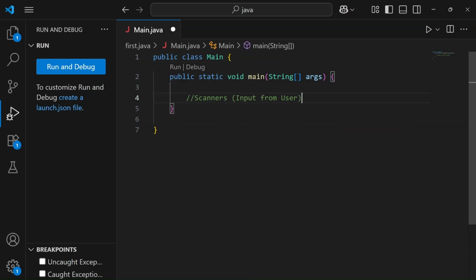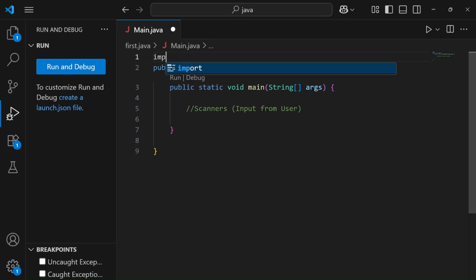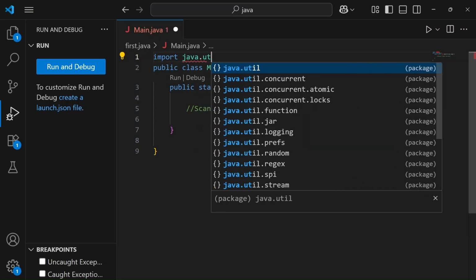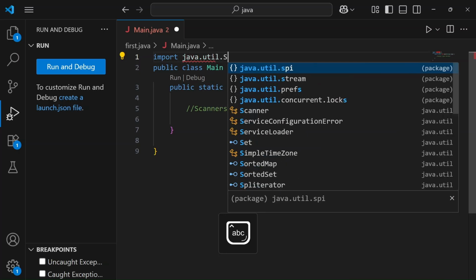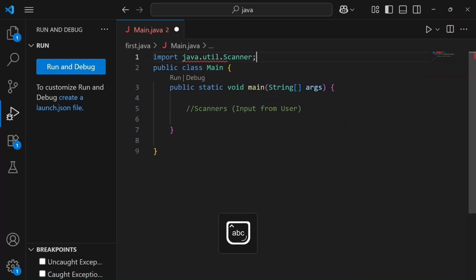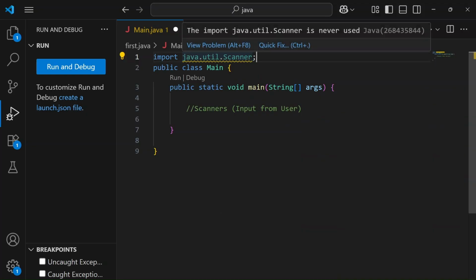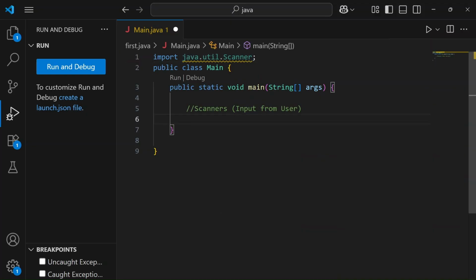All right, so for this one, we're going to learn how scanners work. Scanner pretty much lets us take in user input. So first thing we're going to do is import something. We have to import the scanner so that we can actually work with it. So I'll be importing java.util.Scanner. Okay. This brings in the scanner package for us to